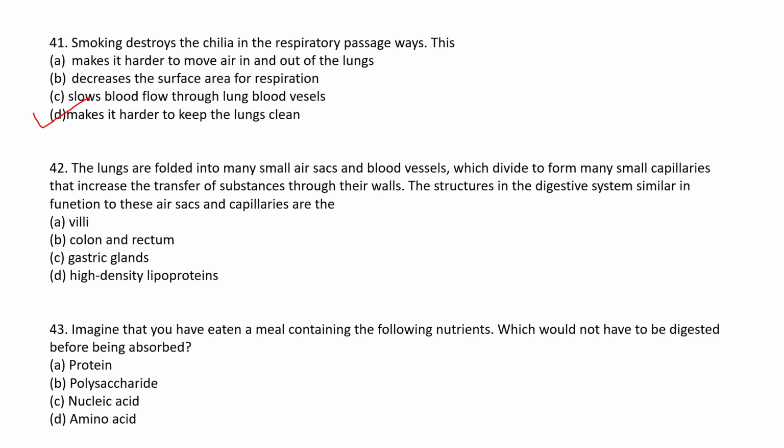The lungs are folded into many small air sacs and blood vessels which divide to form many small capillaries that increase the transfer of substances through their walls. The structure in the digestive system similar in function to these air sacs and capillaries are villi. Imagine that you have eaten a meal containing the following nutrients, which would not have to be digested before being absorbed: amino acid,